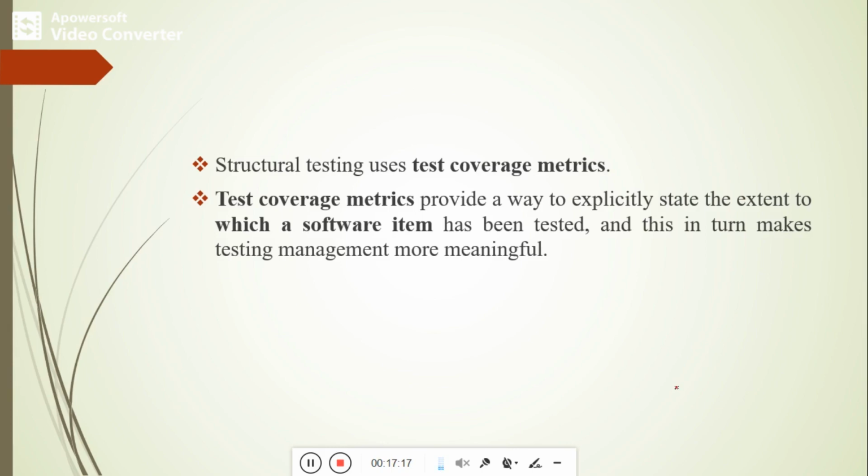It gives a clear picture of how much of the program has been tested and how much is not at all tested. That can be covered under this test coverage matrix, so it gives a very clear idea under the structural testing technique.